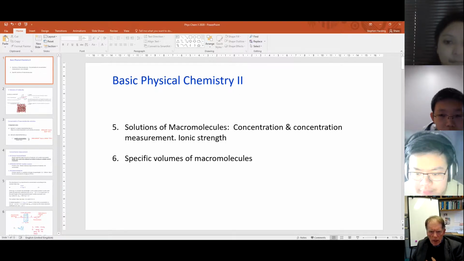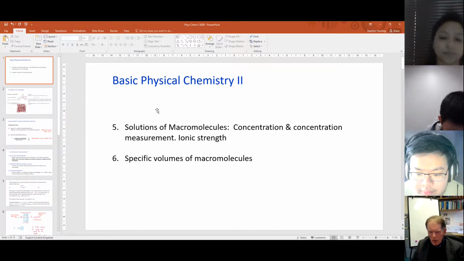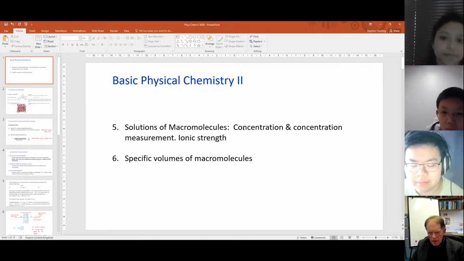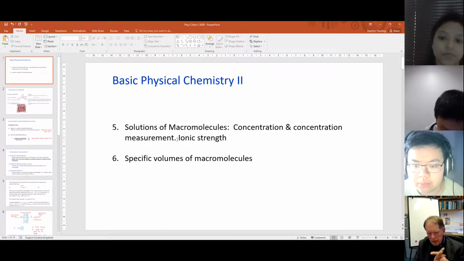whiteboard. So with Basic Phys Chem 2, we're going to continue with this series and look at solutions of macromolecules and deal with concentration and concentration measurement. Looking forward to the practical demonstrations which will follow in due course, and look at the importance of ionic strengths